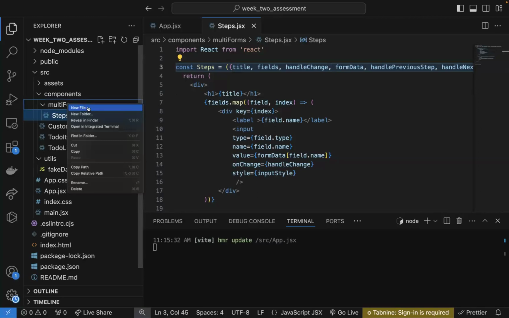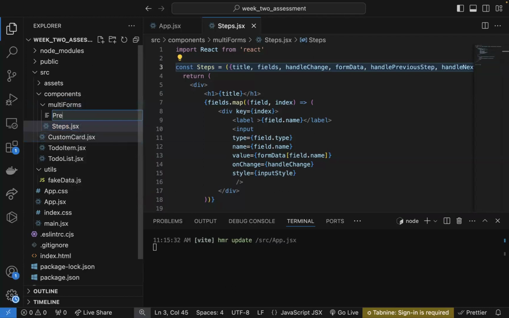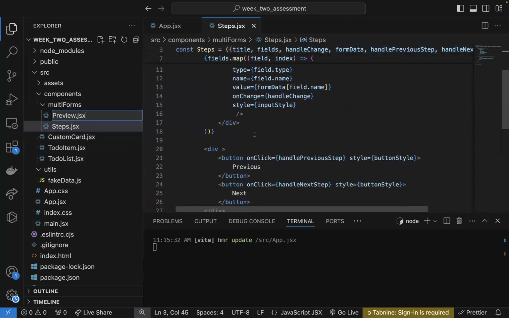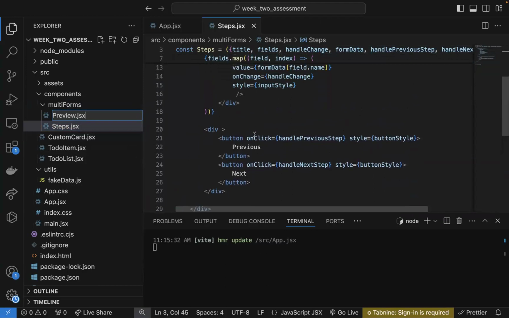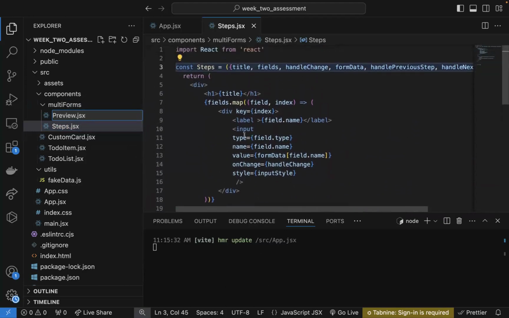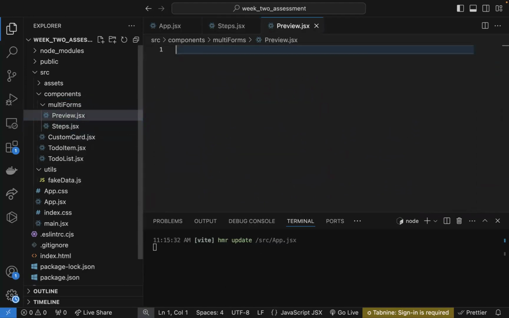So based off that, we will now have another component that will be the last step. I'll call it review. Let's call it preview. So I'll call it preview.jsx. So before I move forward, are we clear on what's happening here, everybody? We'll come back for styling when we're done. All right, okay. So yeah,